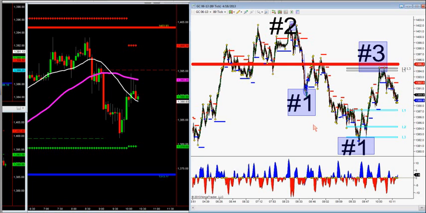So we patiently wait. I made up these proprietary techniques. No one else trades market profile like this. Nobody. Everybody makes market profile very, very difficult to understand. All I'm doing is showing you where high volume levels or low volume levels are at. High volume nodes, low volume nodes, also support and resistance. And then we put that into a methodology of a number 1, number 2, number 3 trade with overall trend